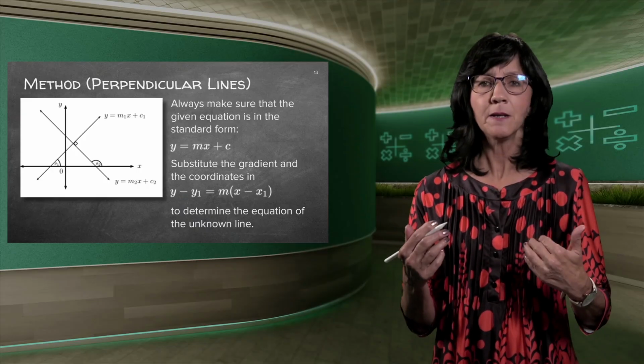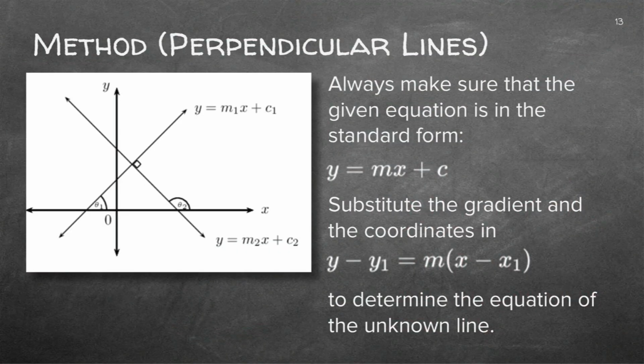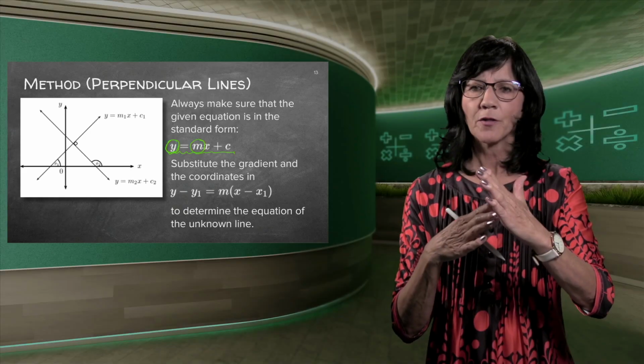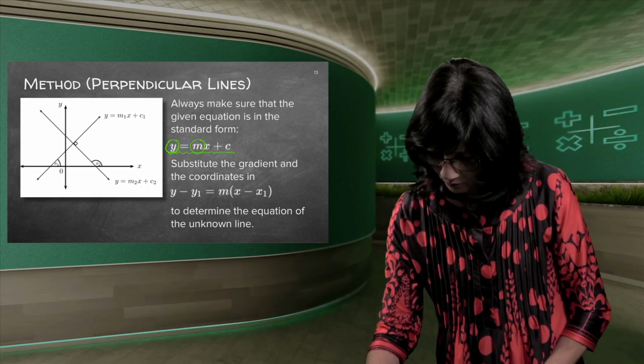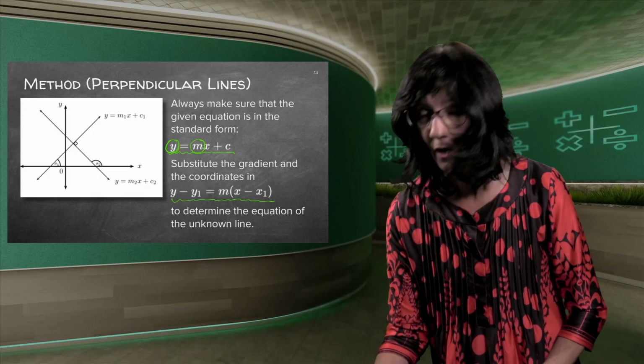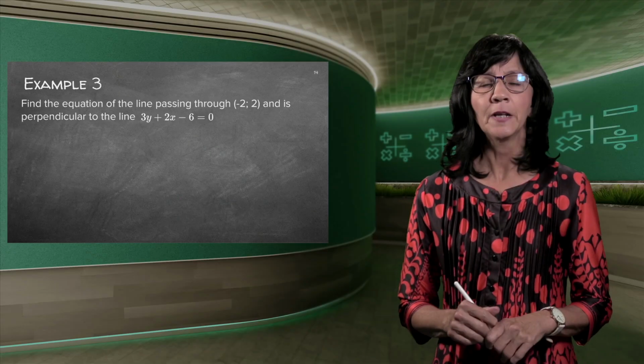Now there, again, the method is to always take the given formula and get it in the standard form. Why? I need the y all alone. Why? I need the m. I only need the m of the given equation because then I need to find my own equation of the perpendicular line, but I do know now that if I multiply the one m with the other m, they need to give me the answer of minus 1. Good. So we like this formula, or I like this formula. I hope by now you like this formula as well because it's just much easier. So let's do an example.